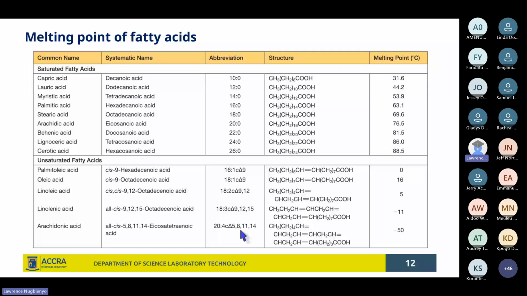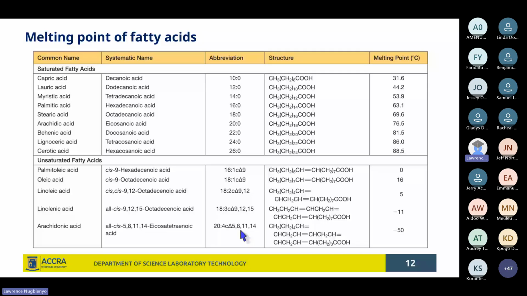How do these affect the melting point of the fatty acid? Now, these are important because when you take, say, the structure of biomembranes, you see that they mostly consist of some